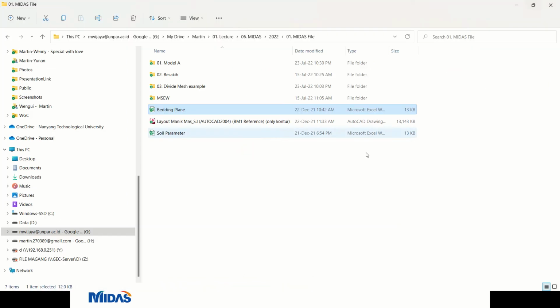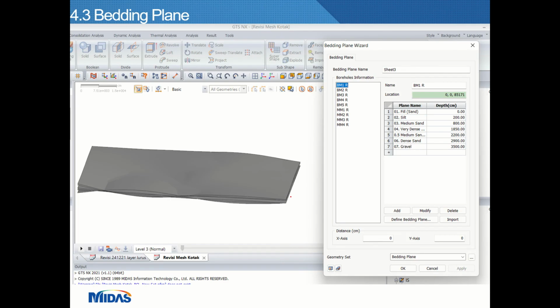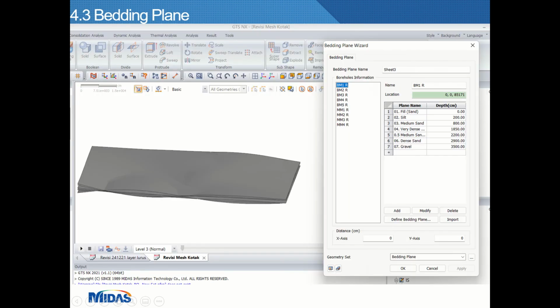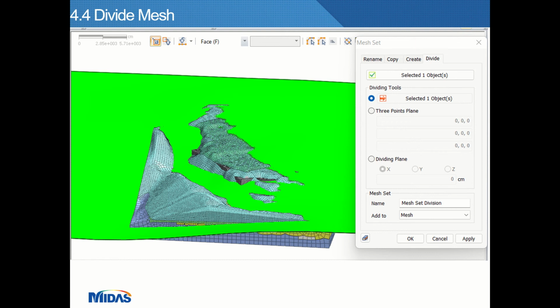Okay, let me go back to my presentation. I have introduced to you the bedding plan feature, which is useful to create the so-called soil layers. Then after the bedding plan, I want to introduce you to the new feature called divide mesh. Divide mesh means that I don't cut the geometry, but I split the mesh set. Why do I split the mesh set?